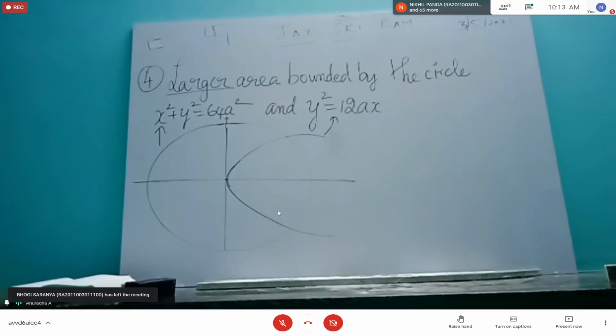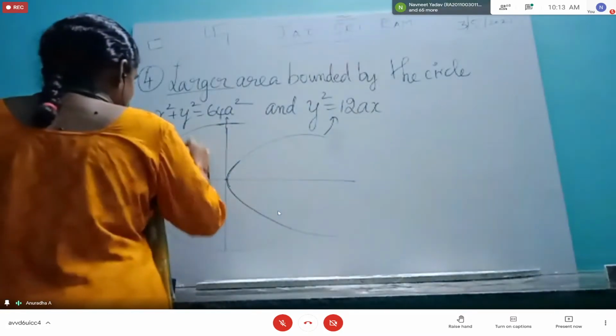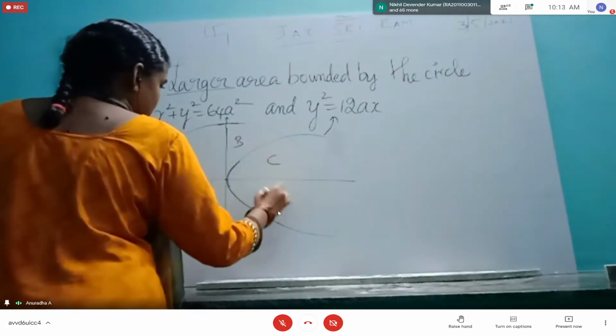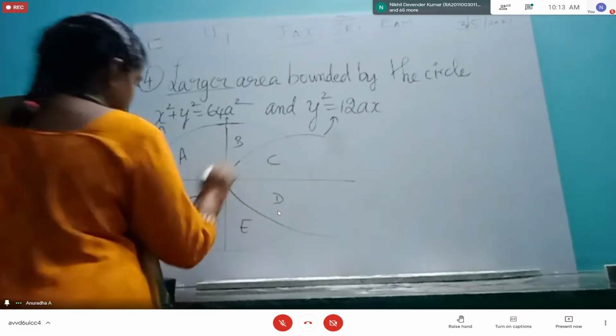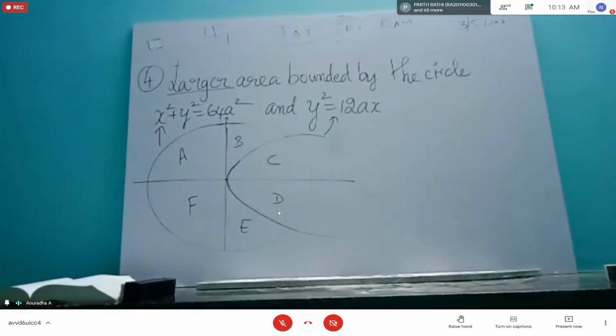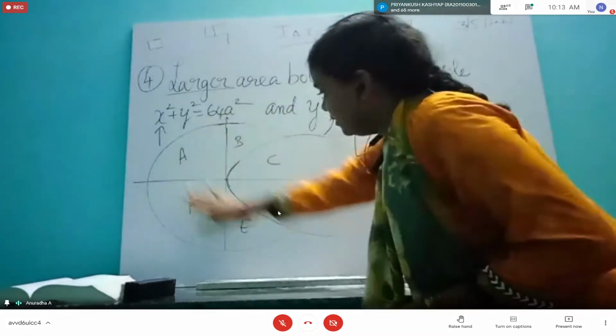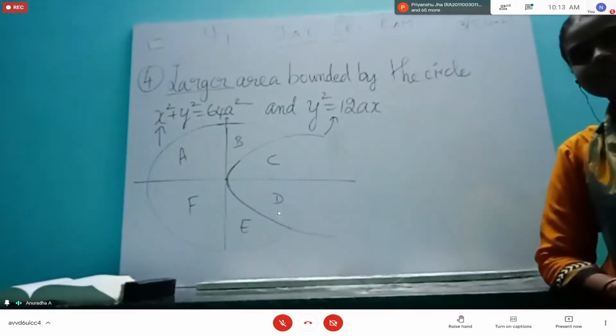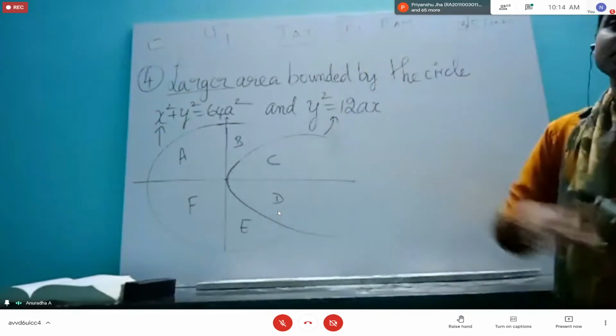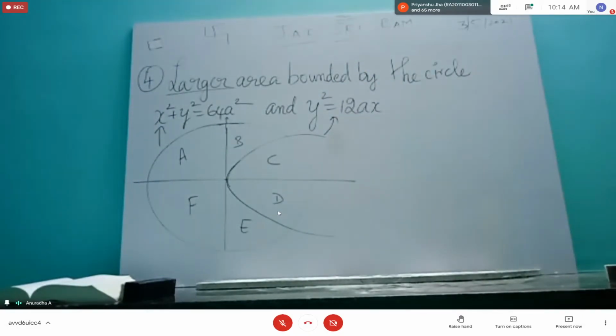Now, so many regions we are getting. Which will be our answer? I will write A, B, C for our clarification. You have to tell me which will be your answer, from the question and logic. There is no right or wrong, we'll try it. Obviously bounded by the circle, so the outer I am not going to take, only inside. What will be your answer? C plus D.